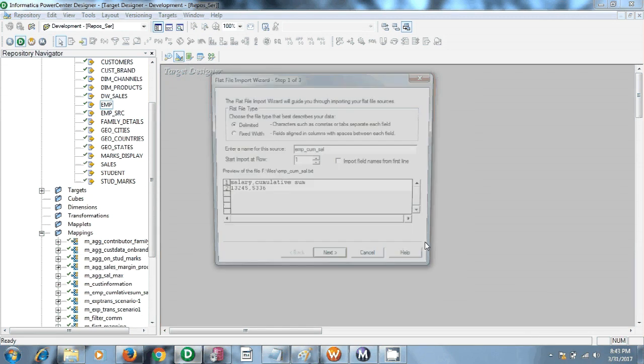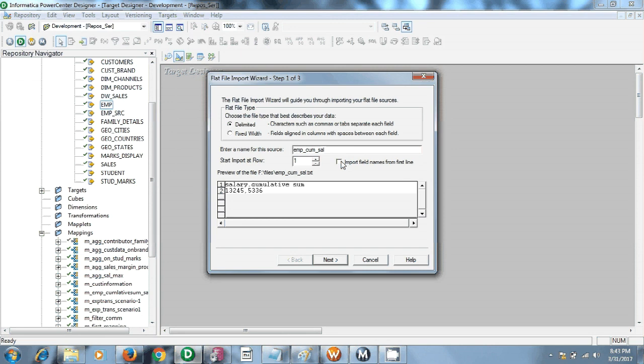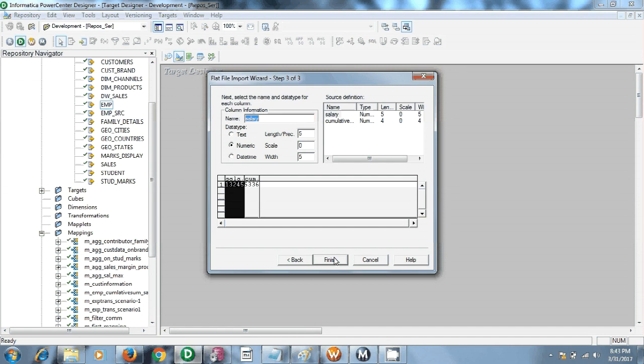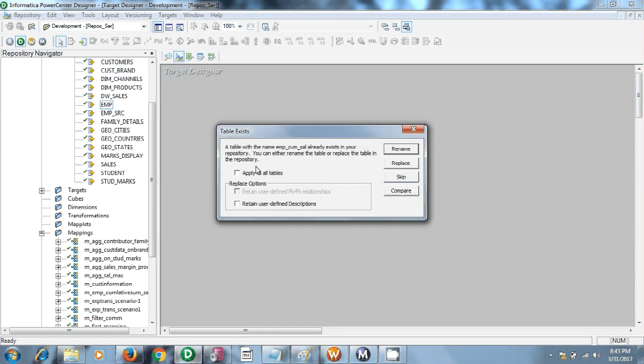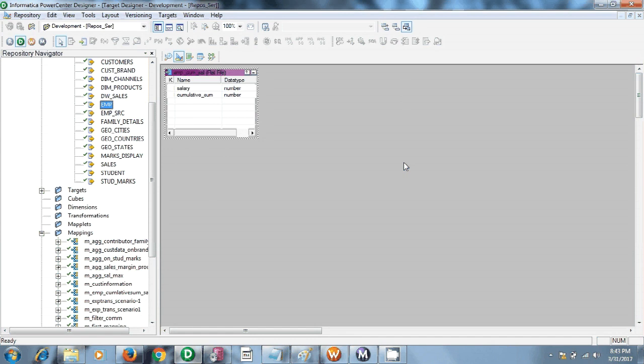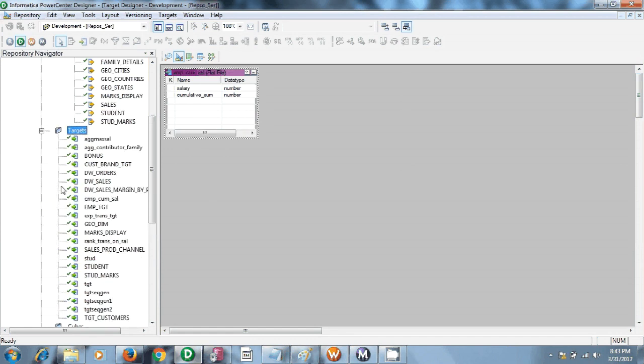Import field names from first line, so that it imports from the first line. Click next, again next, and finish. Already my table is there, so I am replacing it. So this is my target now.